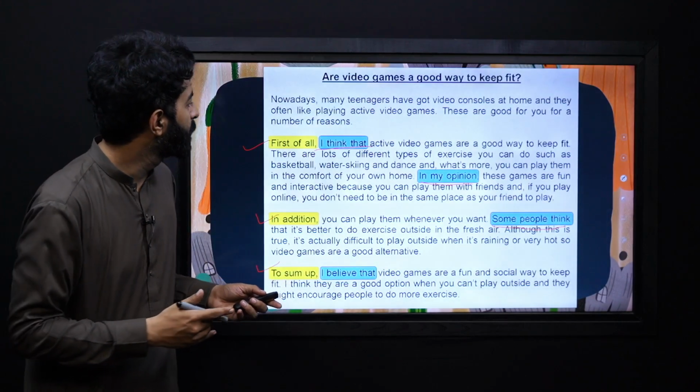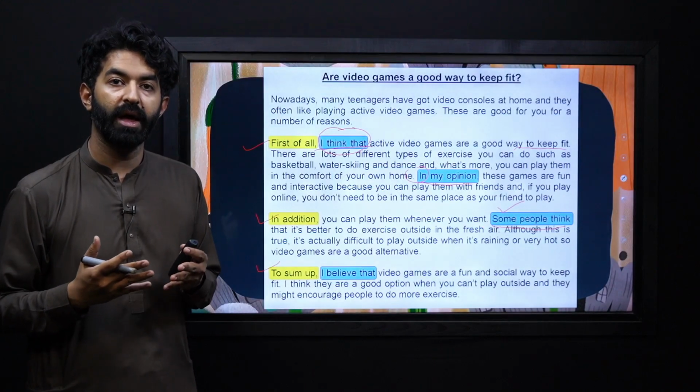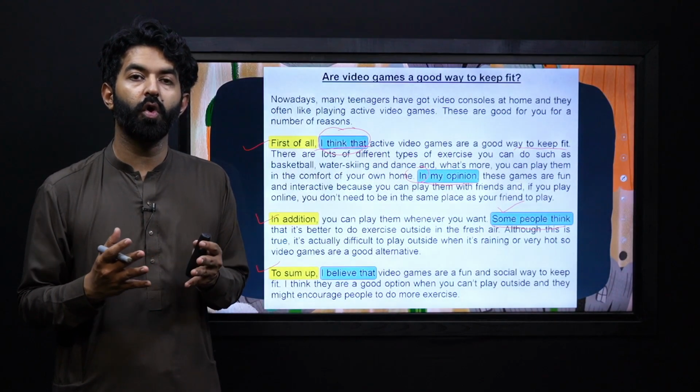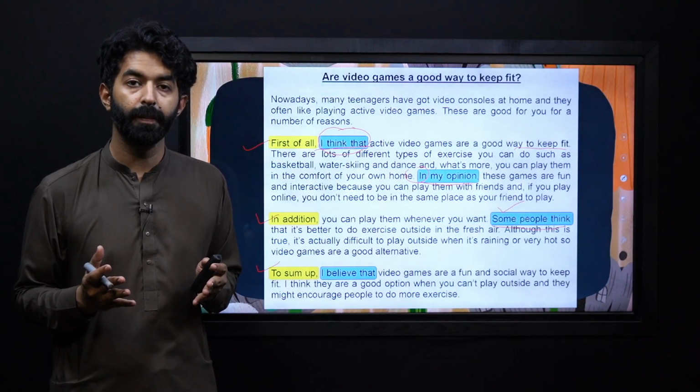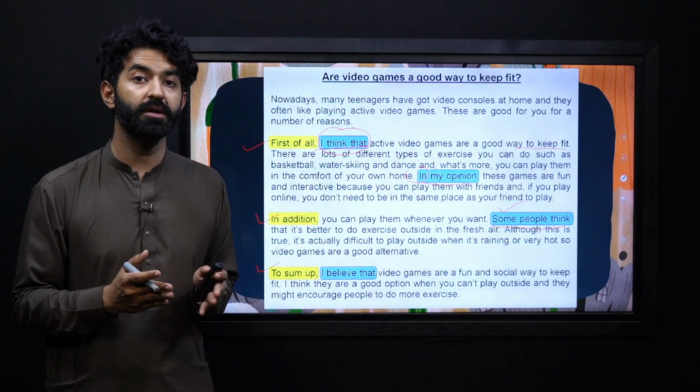For example, I think that active video games are a good way to keep fit. Or, in my opinion, some people think, according to me, in my point of view. So you can use all these groups of words or phrases to begin your opinion, whether in written or in spoken form.